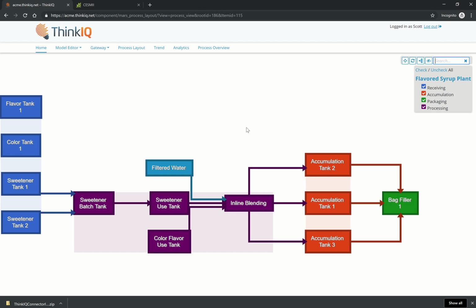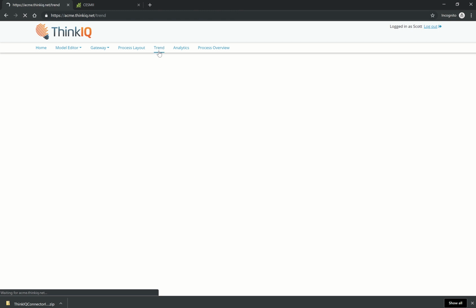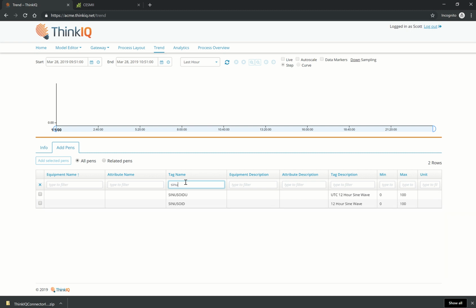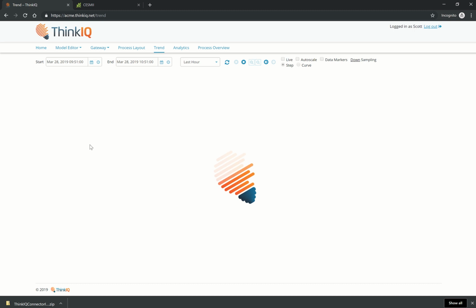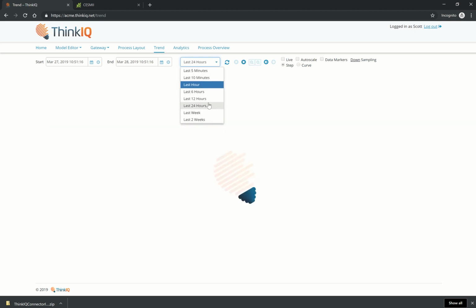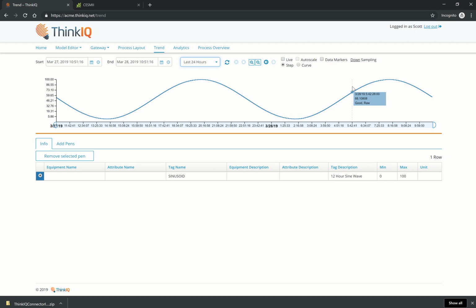Well, the data is already being collected in our historian. And like I said before, we have an OSI Pi connected to this via ThinkIQ gateway, and we can verify we're getting data in our historian if we look for historian tags like sinusoid, just to kind of establish that, yeah, we have some data there. We could take a quick look at that and say, yep, that looks like my good old sinusoid. So I'm confident that my historian's